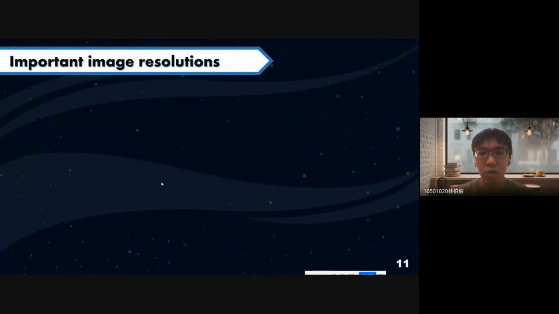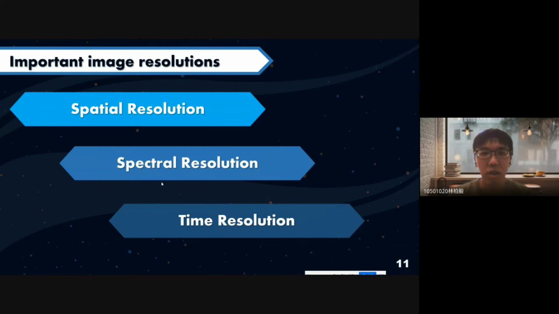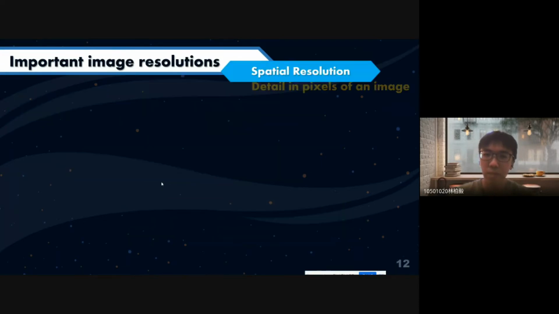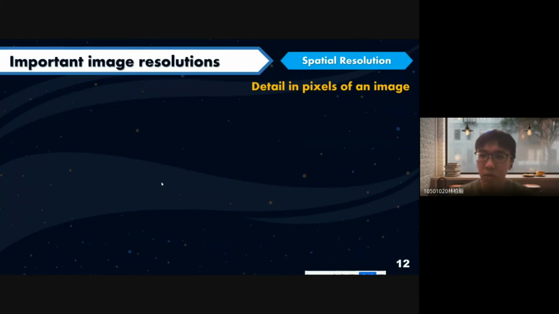So as I mentioned, the spatial resolution. Actually, there are three important image resolutions: spatial resolution, spectral resolution, and time resolution. The spatial resolution represents the details in pixels of an image.